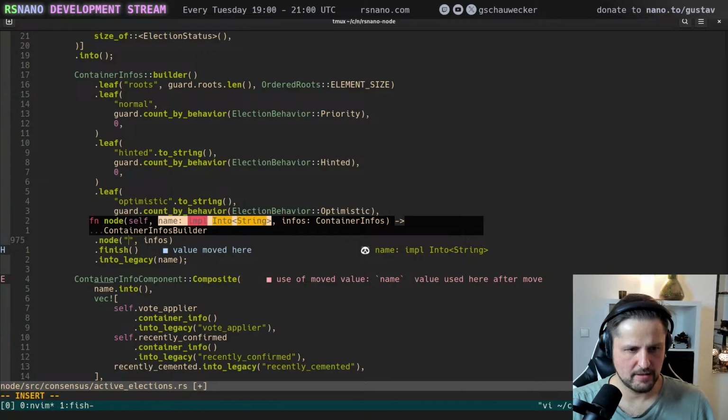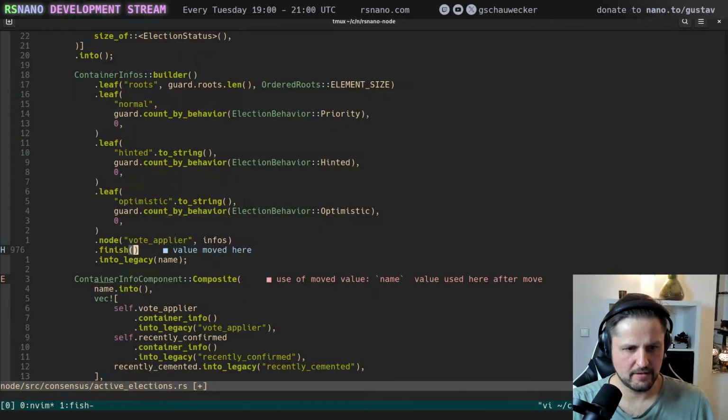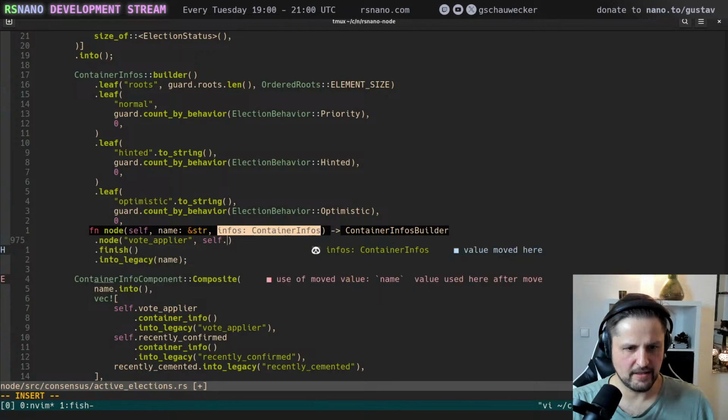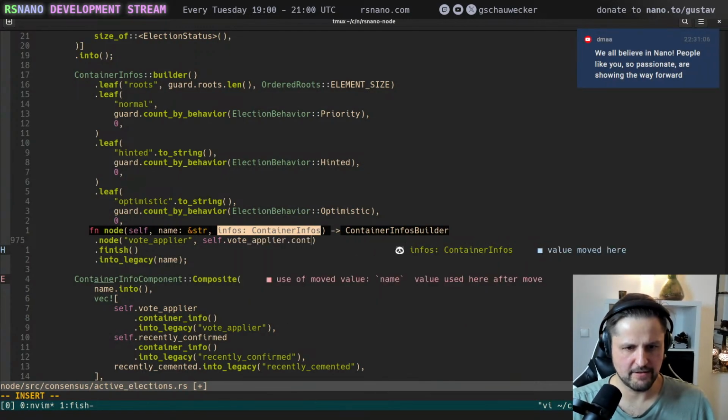Name is vote applier, and this is self.vote applier container info.